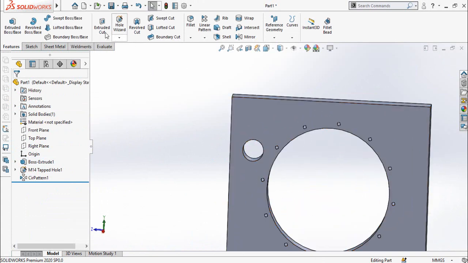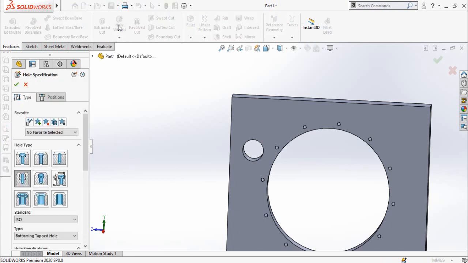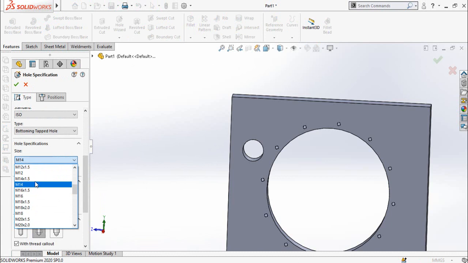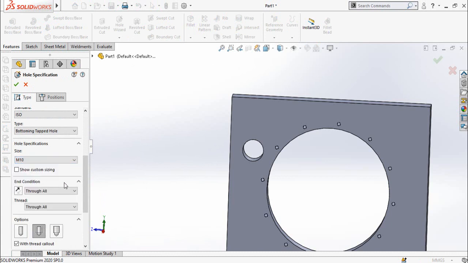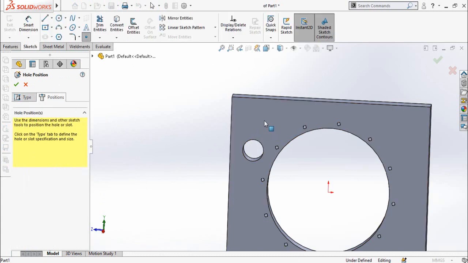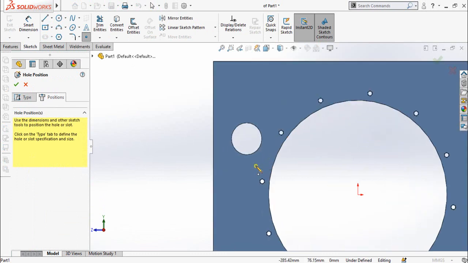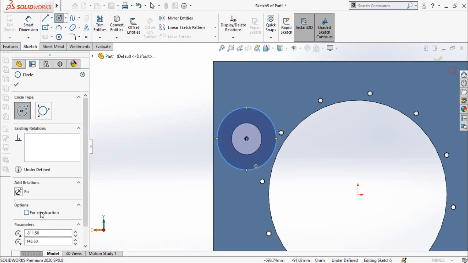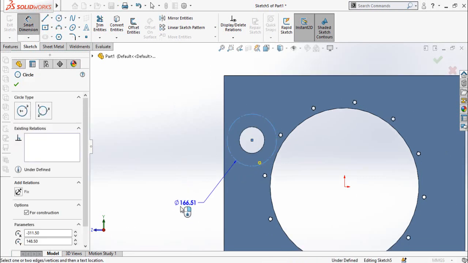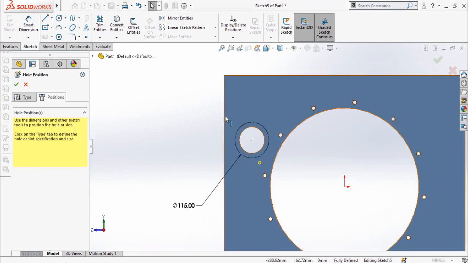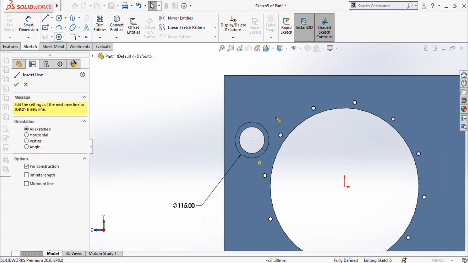So again click on hole wizard command, and this time we have to make the M10 threaded holes. So from size select M10, and end condition is through all. Then click on positions button and then select this face. Press Ctrl plus 8 key and then draw a circle from the center point of this circle. Select this option for construction geometry and then define the diameter of this circle, which is 115 millimeters. Then draw two center lines